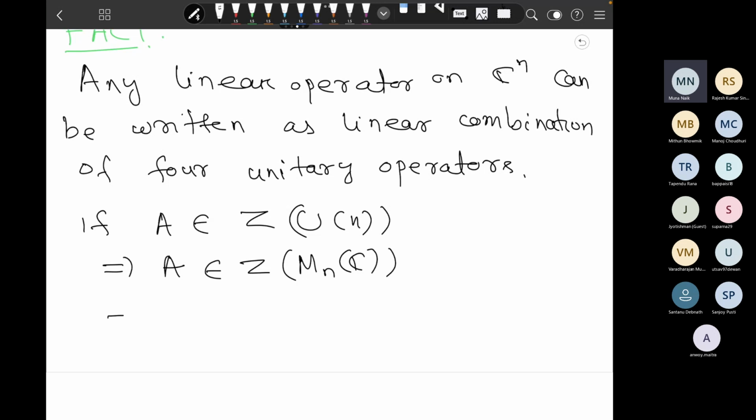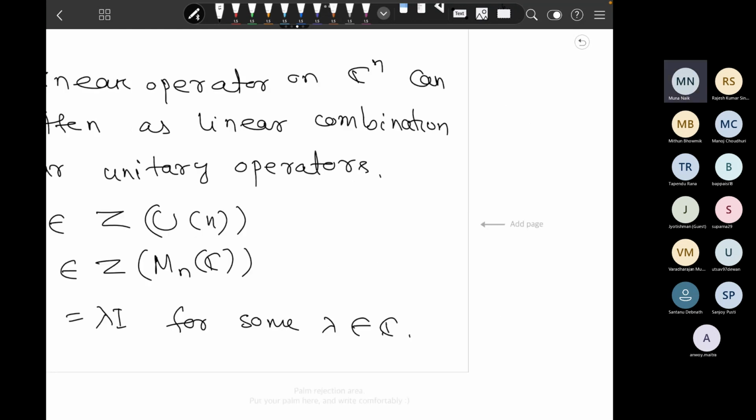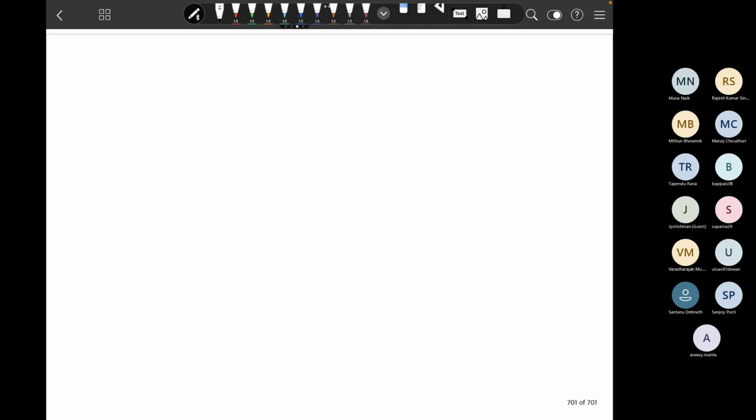So that means A is equal to lambda I for some lambda belongs to C. After that, using the fact that A belongs to U_N,